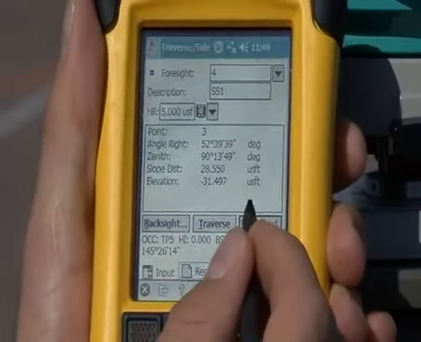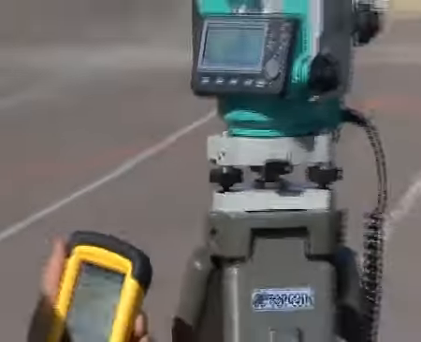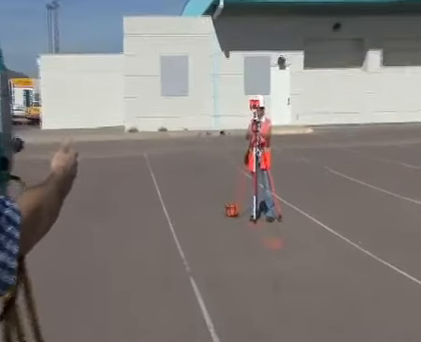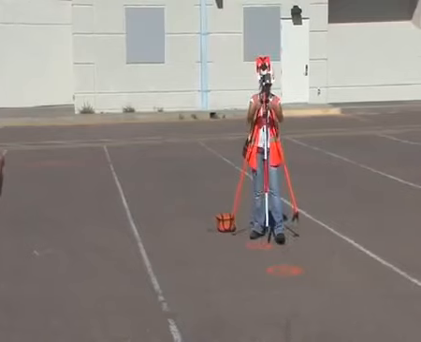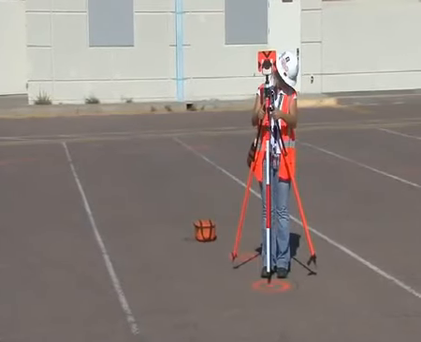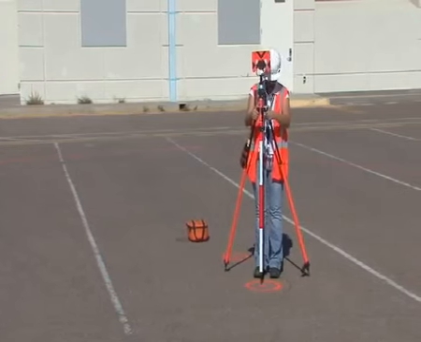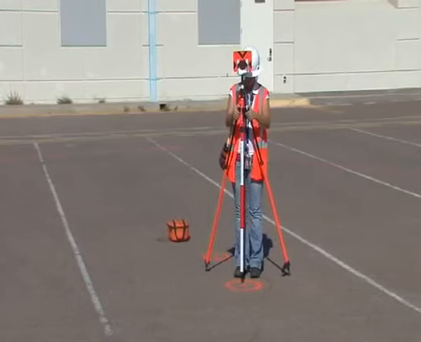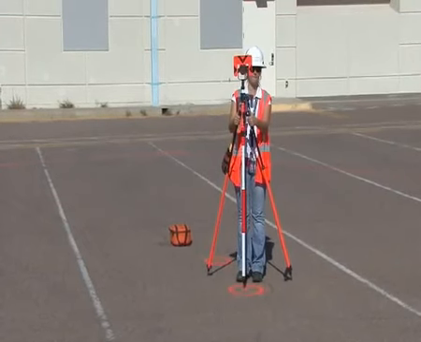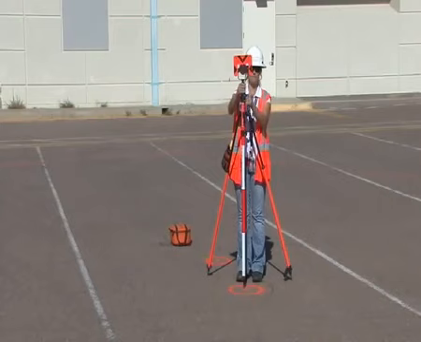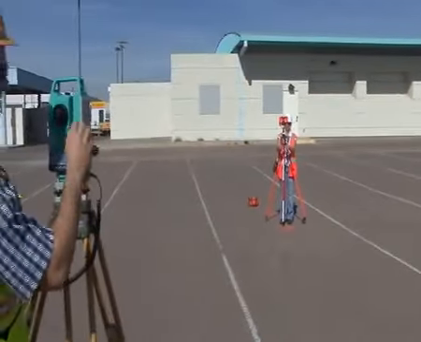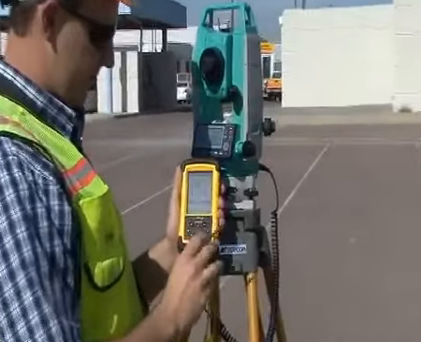Now I'm going to have Julia Bucky move to the next point. So if we can sight onto her, she's going to take down that sight. She's going to move the prism towards me and hold it sturdy. Now I'm going to sight on to her with my total station. And now if you look at the screen,